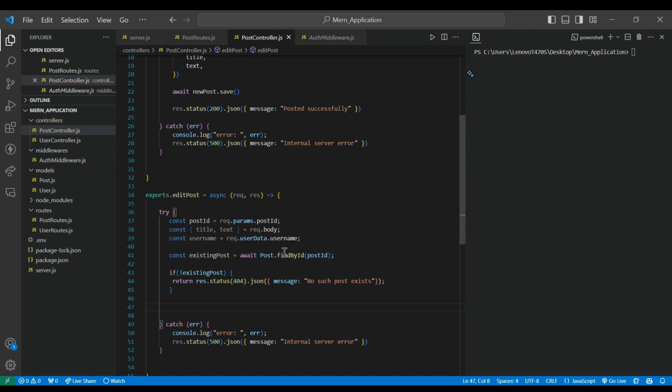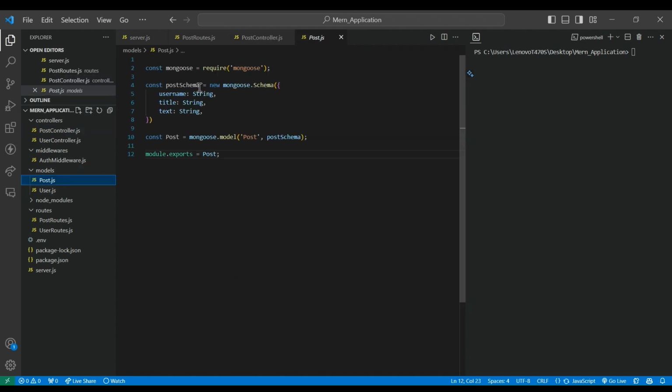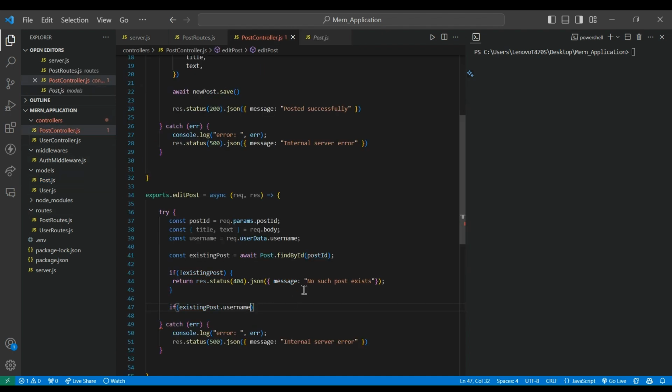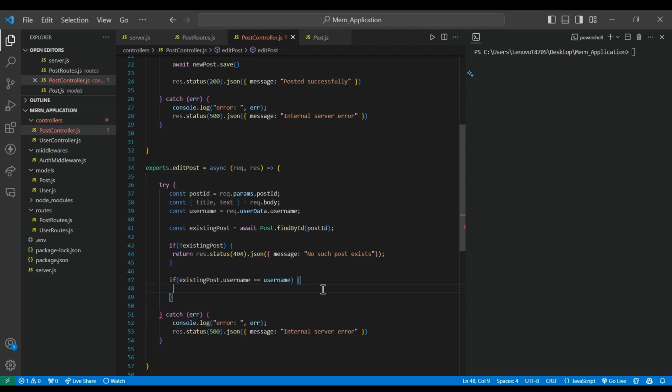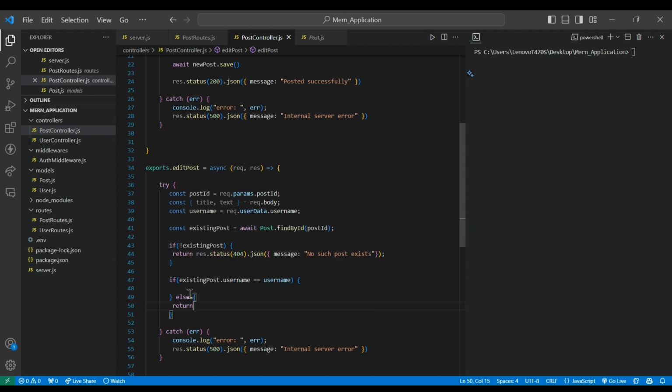Now we also have to check whether the person who's sending this request is actually the owner of this post. So we have to check if they're authorized to edit the post or not. We want to check if the existing post dot username, because our post does have a property of username inside it, is actually equal to the username that we've set here, this username from the req.userdata. So if this is true, we're gonna allow them to edit the post. Else, we want to return a res.status, and the status here would be 403 since this indicates that they're unauthorized, and the message would be